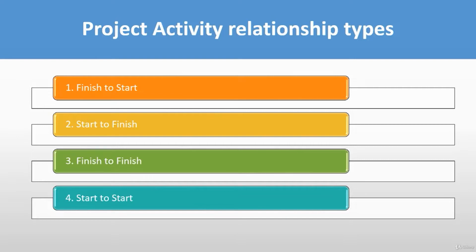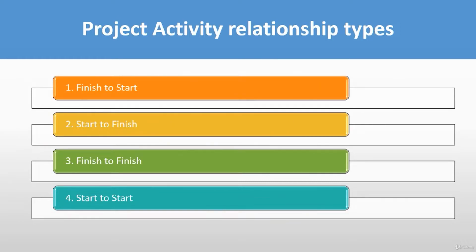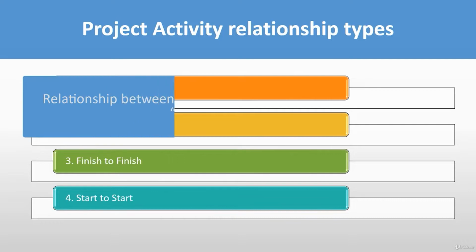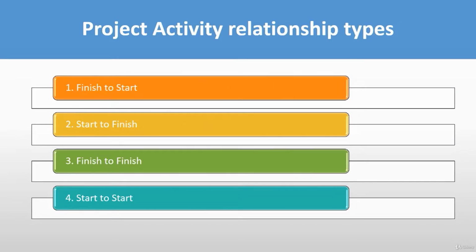You take that route to complete your project work from the first activity to the last activity. Please remember that an activity can have as many relationships as needed to complete the goal or objectives of a project. You can also establish a relationship between activities of two different projects, which is called an external relationship. Let's understand the 4 activity relationship types: finish to start, start to finish,